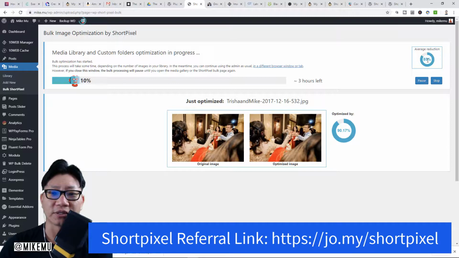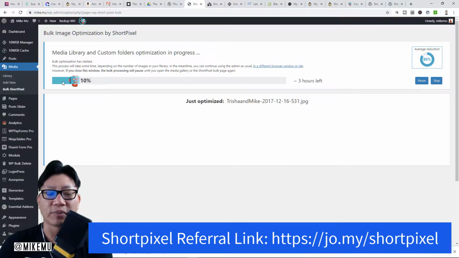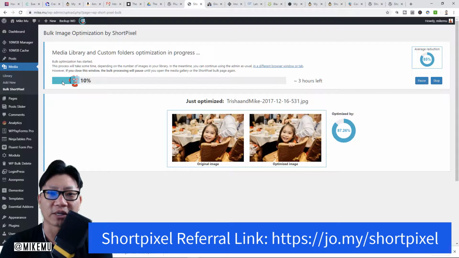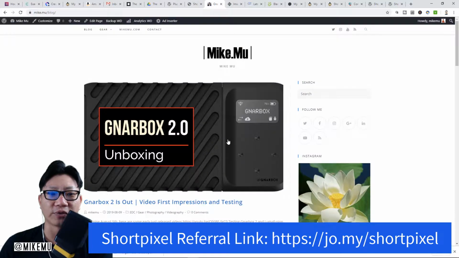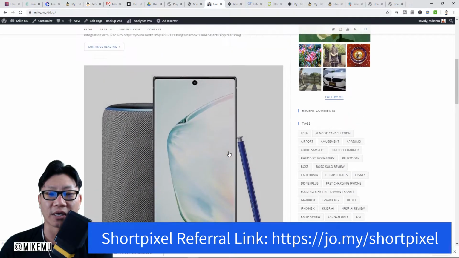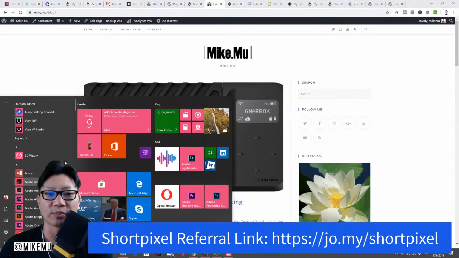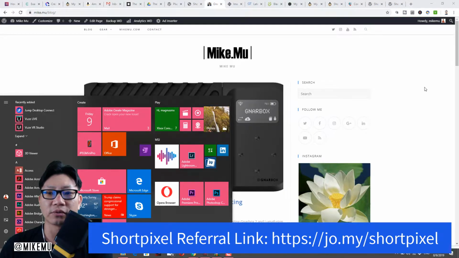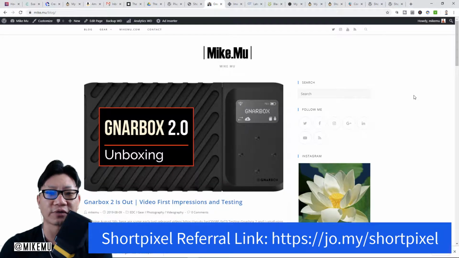Okay, but look at this. Optimized by 90%. I actually only did a few posts since the site went live. There's about several of them, and they were able to reduce some of these sizes, even though I used a program called JPEG Mini. JPEG Mini Pro. For those of you that are pro photographers, if you don't know about it, you should consider getting it. Basically, it reduces the size of your image without any, or not imperceivable, reduction of quality while